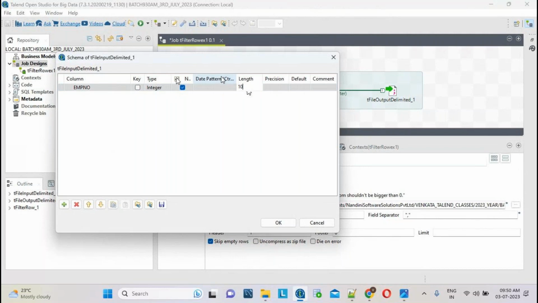I am defining this on my own here. In real time, they will give one Excel sheet. In the Excel sheet, this is my column name, this is my data type, and this is the length. As per the requirement, we have to select the column names and length. For now I am defining it on my own, but in real time we will not do it like that. Now, what is the next column, team?